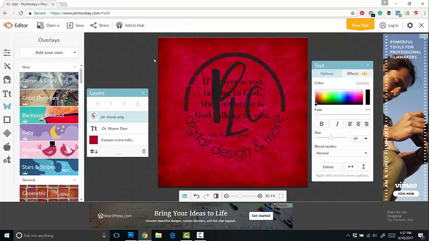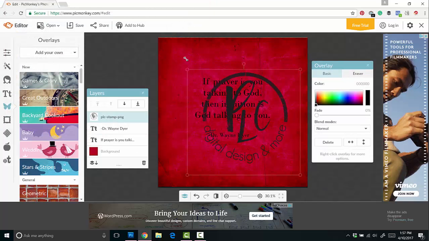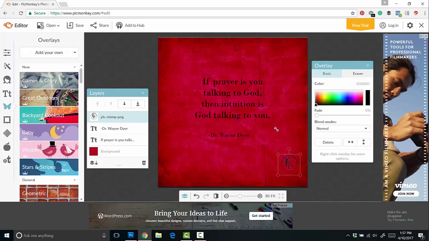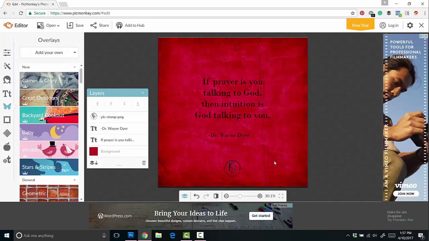You know what, we're going to use this one. And that is way too big, so we're going to grab the corner and size that down. And we're just going to put it right under there. Okay, so if you're not familiar with